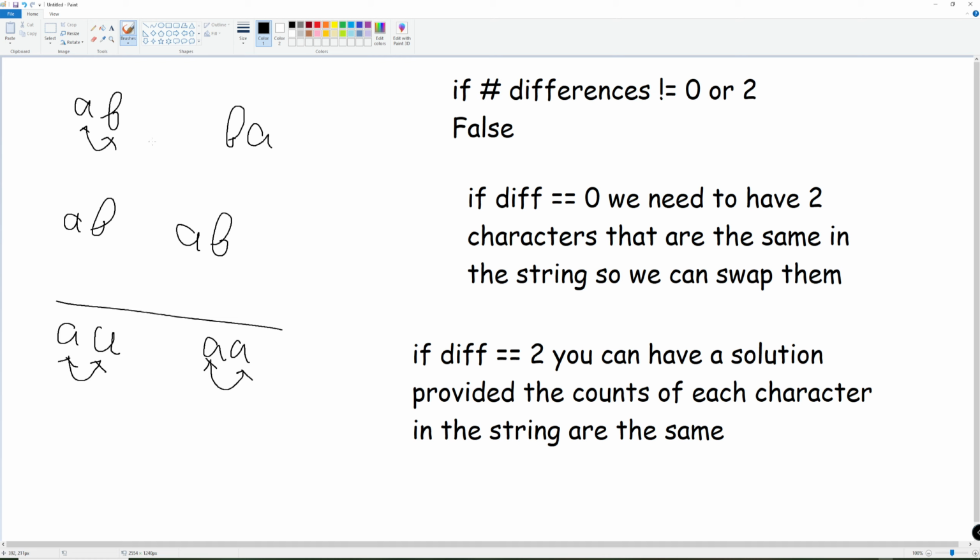So for this A, B, and BA, you would have 1A and 1B, right? Like if you had AC and AB and they had different counts, there's never going to be a way to swap characters. Then similarly for this, AB and AB, you have the same count, and here you have the same count. And so if you have something like this,